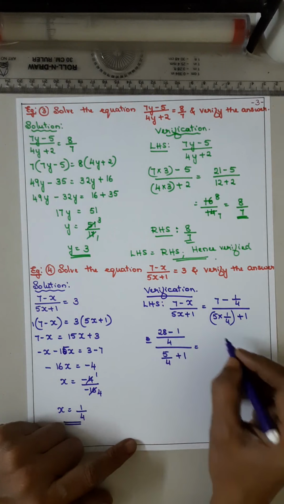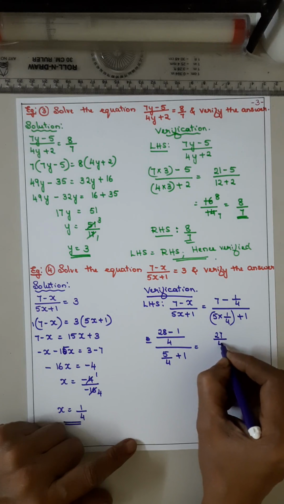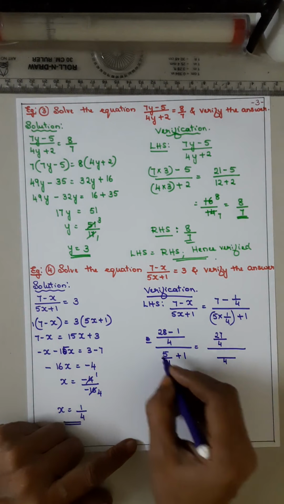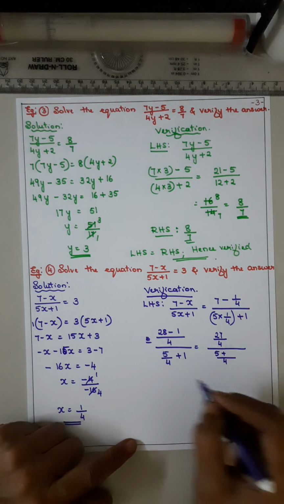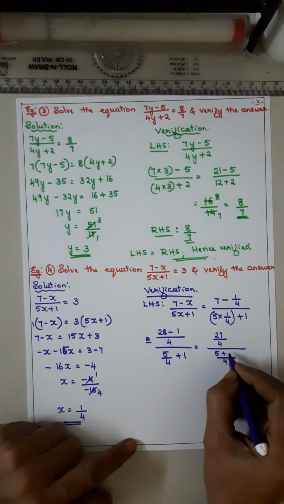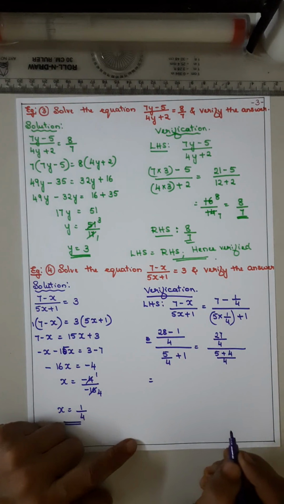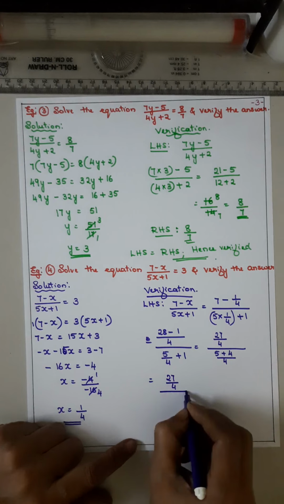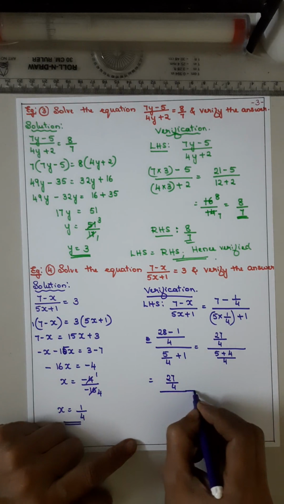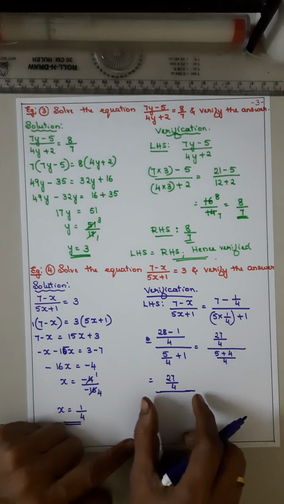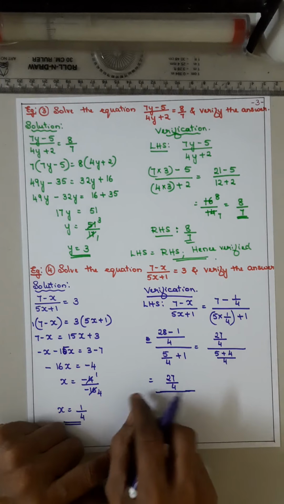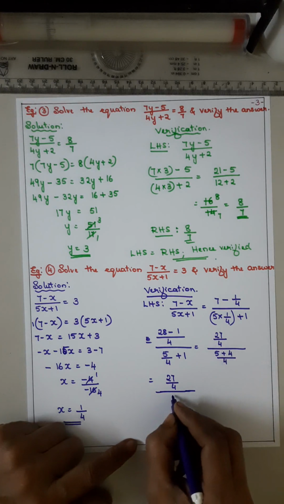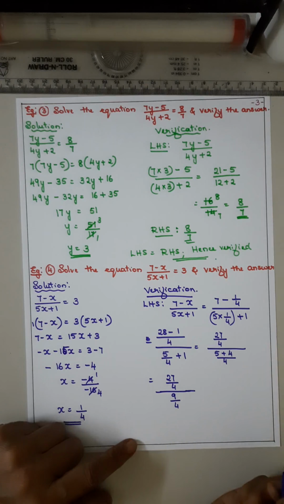Now this becomes 27 by 4. Now in the denominator LCM is 4. This one will be 5 itself. 1 4s are 4, 1s are 4. अभी न्यूमरेटर में 27 by 4 और डिनोमिनेटर में आया, देखो ये लाइंस अलग अलग, ये बीच का न्यूमरेटर डिनोमिनेटर का ये लाइन थोड़ा बड़ा डालो. अभी आया 5 plus 4 is 9 by 4.